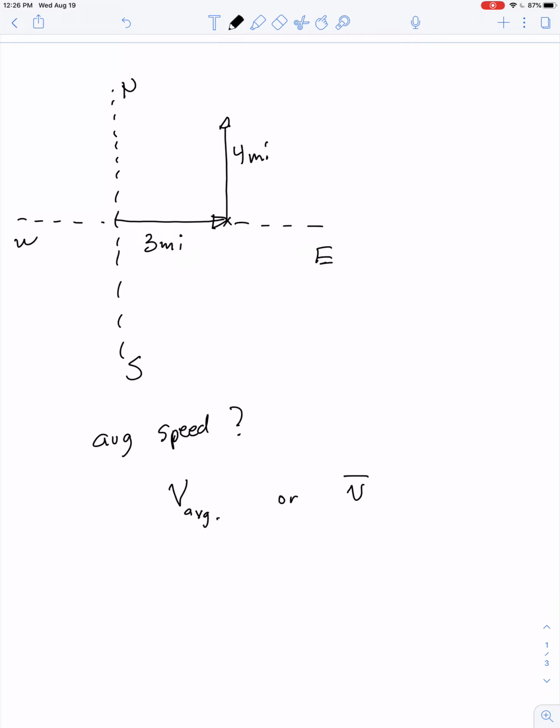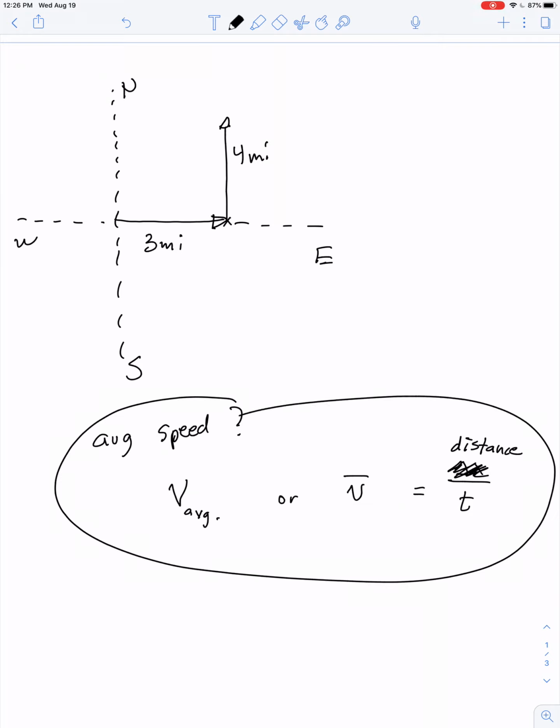In any case, these are just strictly equal to your change in position or distance traveled divided by the time it takes. Actually, let me just write the word distance here. We'll say that speed is distance traveled divided by time, whereas average velocity,